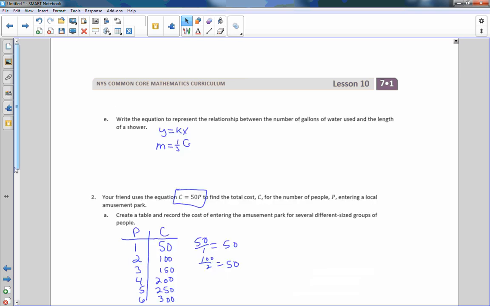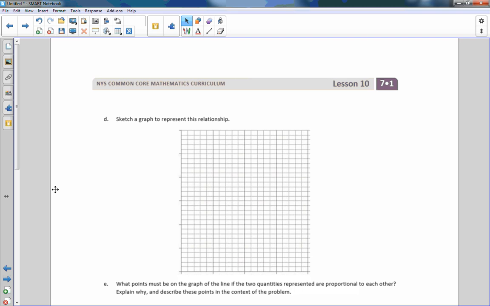D says sketch a graph to represent this relationship. So I'm going to go back, look at my table, and P is my X, C is my Y, P is my independent variable, C is my dependent variable. Okay, so on the bottom here, I'm going to put number of people. Didn't give me a lot of room here to write. Number of people, and up the side it's going to be total cost